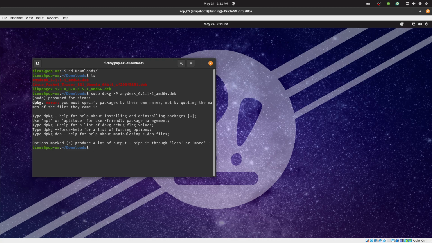And you pass your credentials and you get the error: you must specify packages by their own names, not by quoting the names of the files they come in. So to remove that deb and its configuration, or the application and its configuration that you want, if you don't know the name,